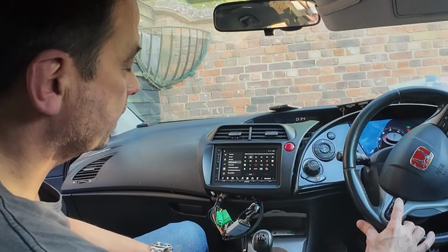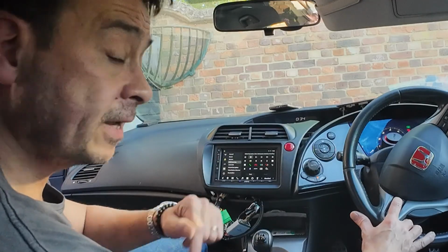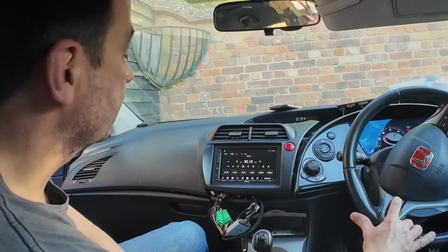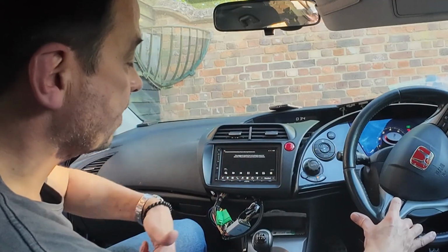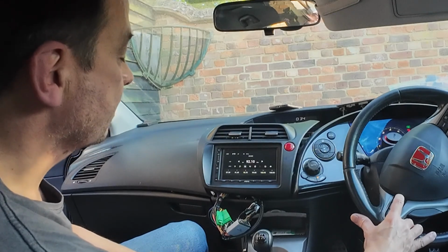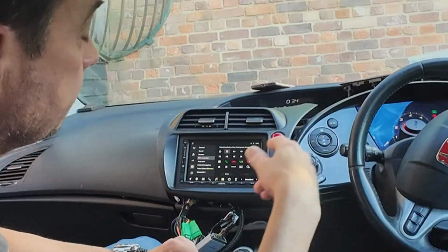So now when I press the mode button, it should flick between menus. There we go. Got the radio on now. And I just keep going round, and it's going to go round in a loop, which I quite like really, because it means you can just sort of...